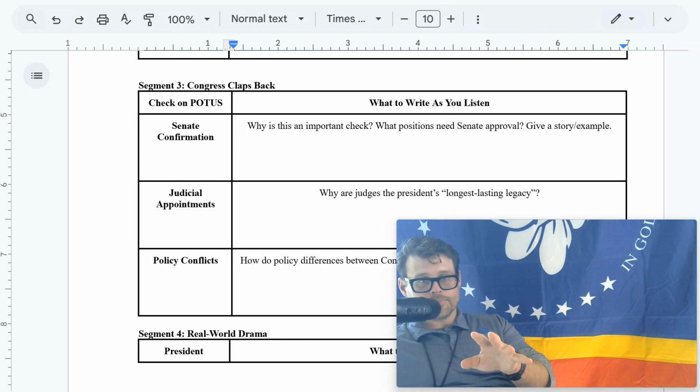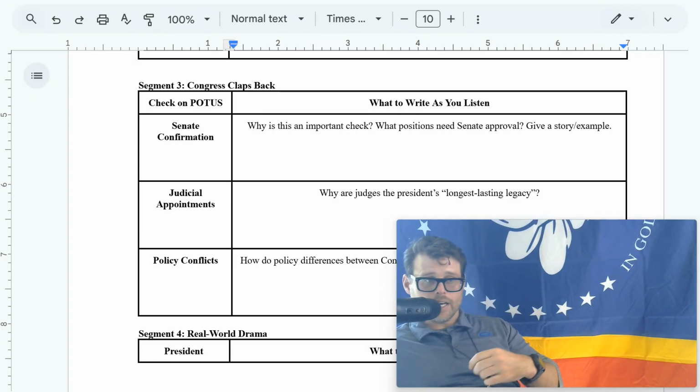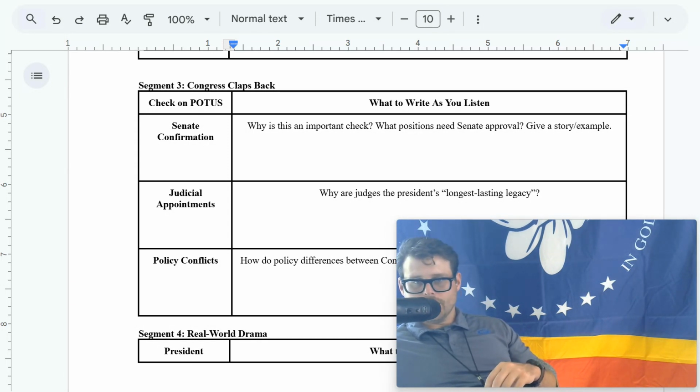That's power. Then there's policy conflict, right? Congress has its own playlist. If it doesn't match with the president's vibe, gridlock. Ultimate check here. Gridlock. Tie it up, put it in a traffic jam. That's when the presidents whip out executive orders like, fine, I'll do it myself, fam. If you're not going to help me, I'll just pass an executive order and go around you.